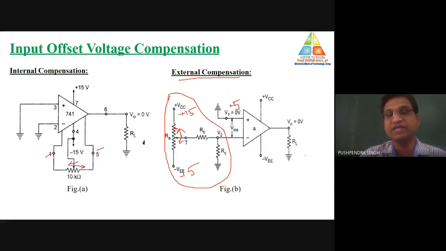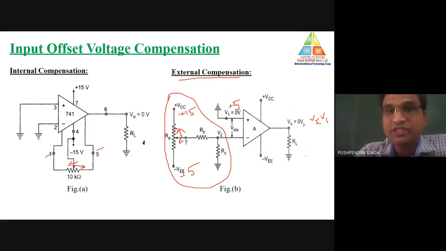So plus 5 and here also minus 5. Total output voltage will be 0. For making the output what? The output is V2 minus V1. So when V1 is plus 5, we also need to increase the value of V2 up to plus 5. When it is plus 5, the output will be 0.